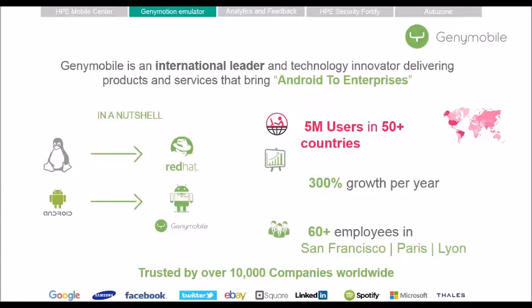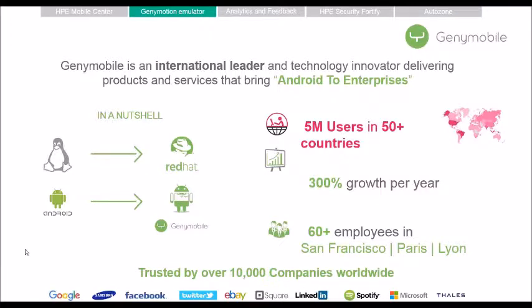Excellent, thanks, Antoine. Before we dive into Genymotion, I want to make sure that we all understand where it comes from. Genymotion is built by a company named Genymobile, an international leader in Android technologies. In a nutshell, we are all about Android for enterprises. What Red Hat has done for Linux is what Genymobile is doing for Android. Yes, you heard it right.